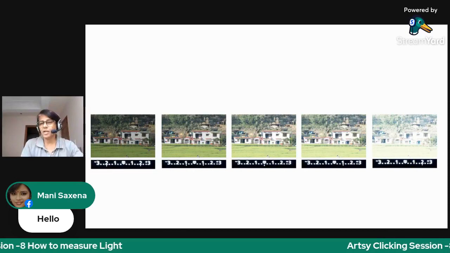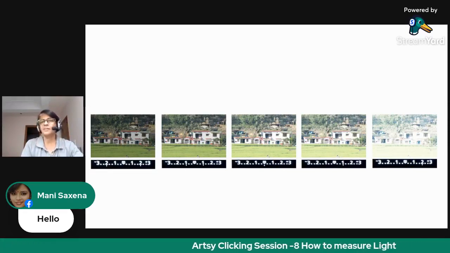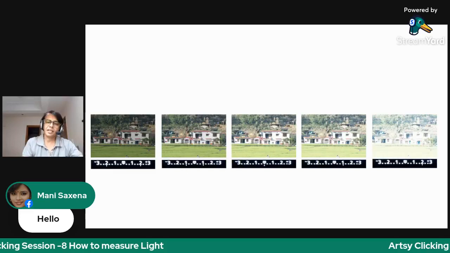So in semi automatic modes, one loses one's creativity. And that is why manual mode is important, and we'll be talking about it in the later lessons.